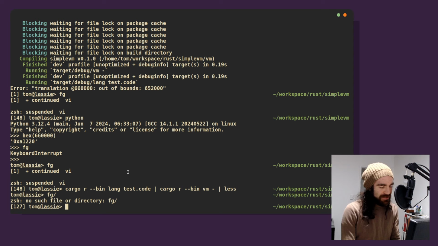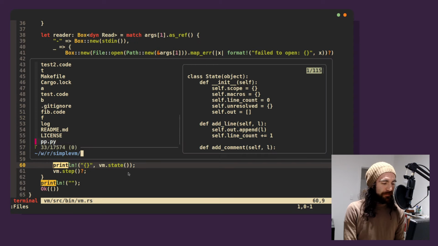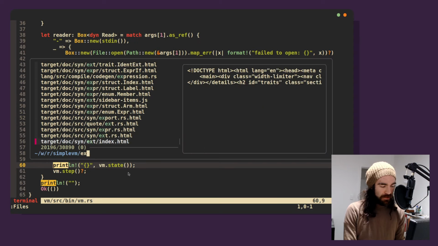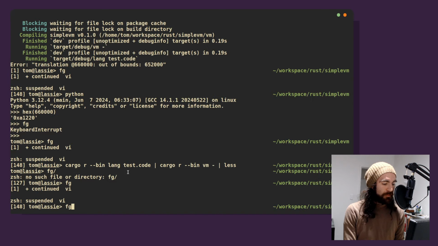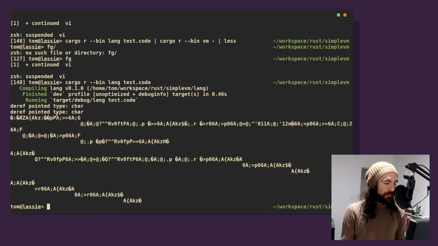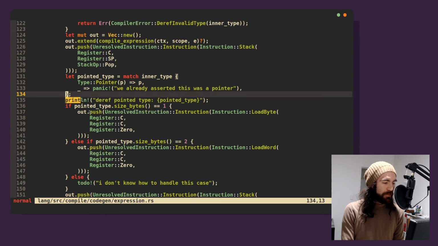What did I change? How did I do this? What did I change? I was in expression. I changed a little bit of stuff. What does this say? Deref pointed type. We're pointing to a character. That's good.